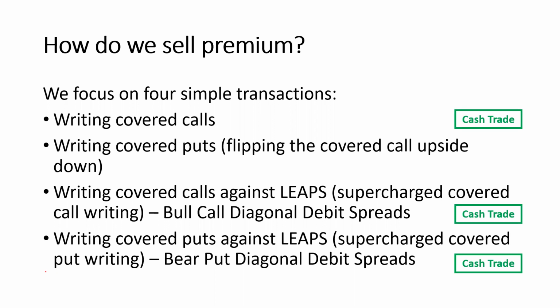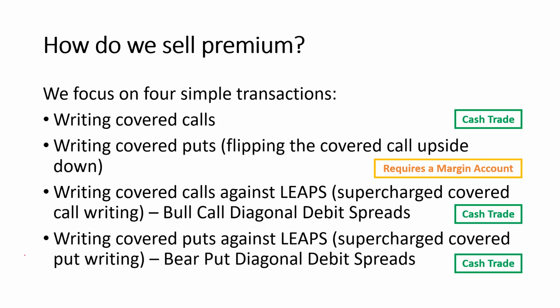That means you can do them if you only have a cash account. If you guys are trading in your IRAs or in your RRSPs, more than likely you only have the ability to do cash trades. Covered puts, because you have to start the position by shorting the underlying symbol, do require a margin account. So please take a note of that.